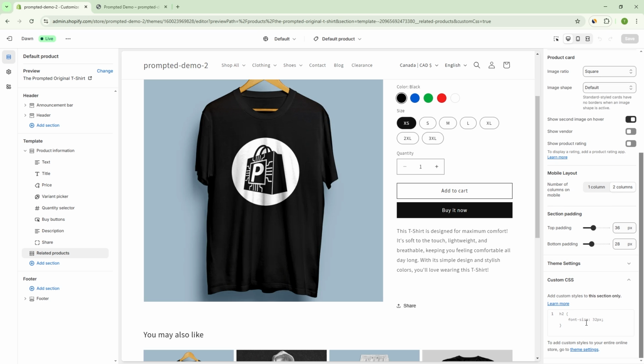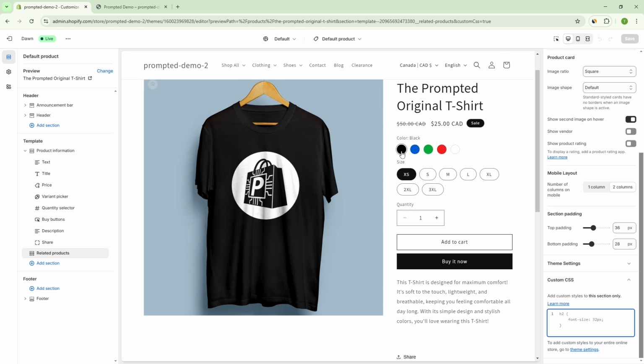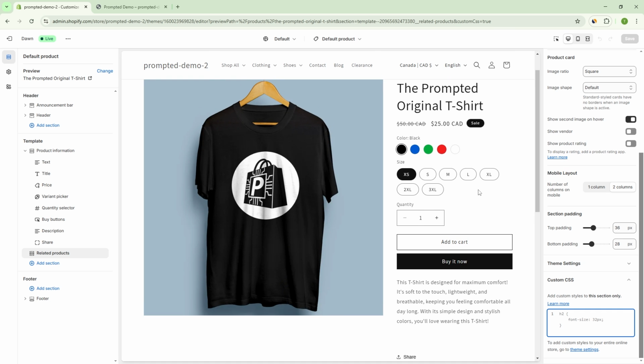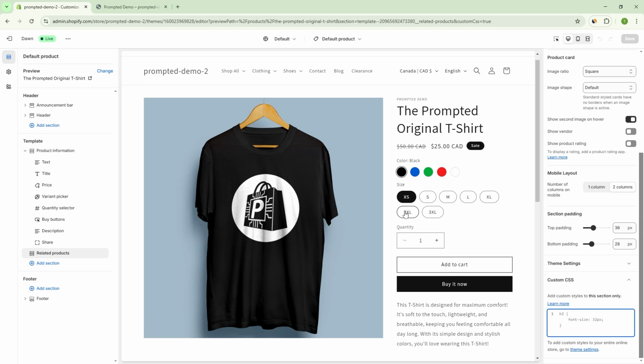And so here we're going to learn how to add a little bit of CSS to change the styles of our store. So CSS, if you don't know, is the language that's used to modify the styles on your webpage. And then HTML, which you may have heard of, but maybe you know a little bit about it or not so much, is sort of like what defines the content on the page. So one analogy that you can think of it is, if you've used a word processor like Microsoft Word or Google Docs,